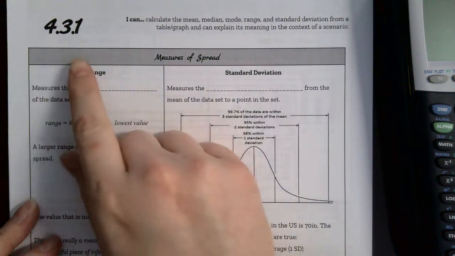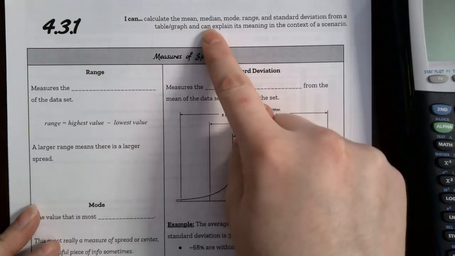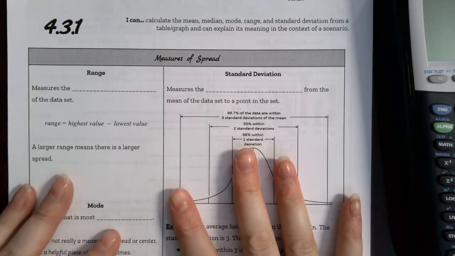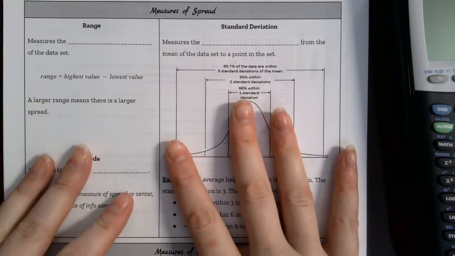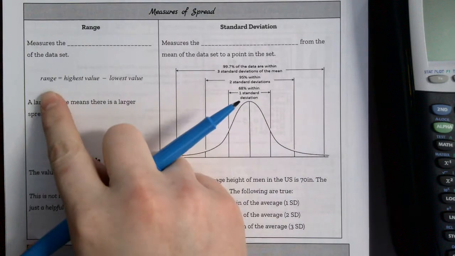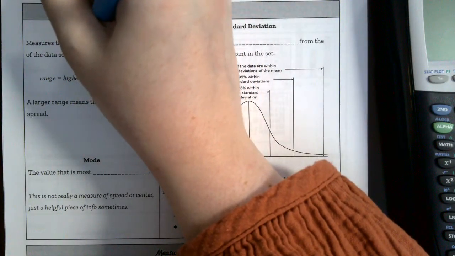Hello, in this video we're going to go through learning target 431, which is to calculate our measures of center and spread, which are mean, median, mode, range, standard deviation. So measures of spread is what we're going to start with, which is basically how spread out your data is. So the range measures the overall spread